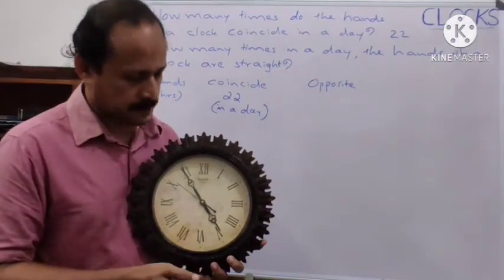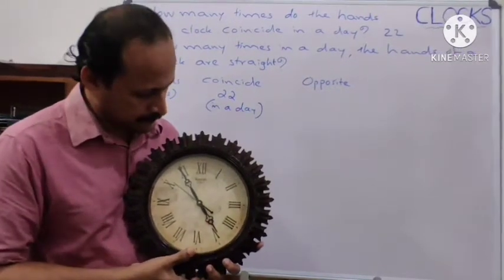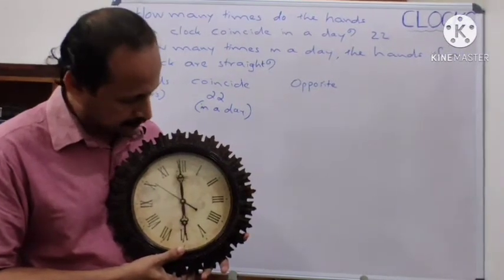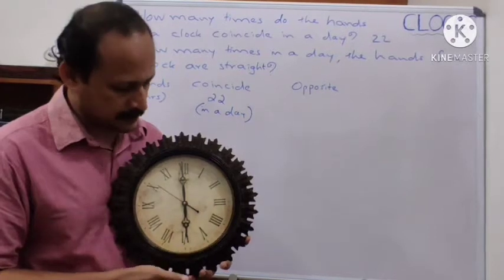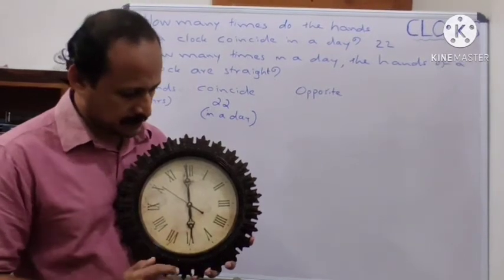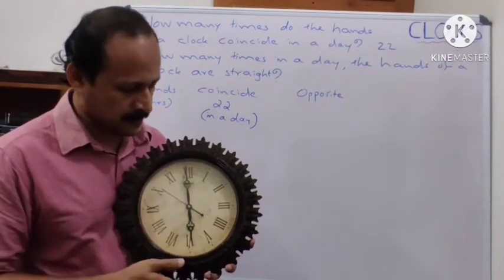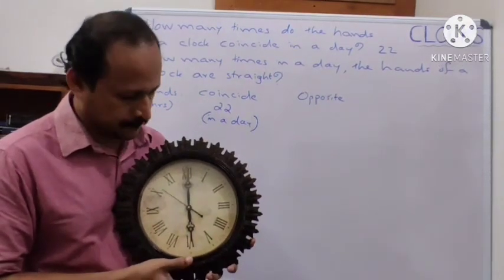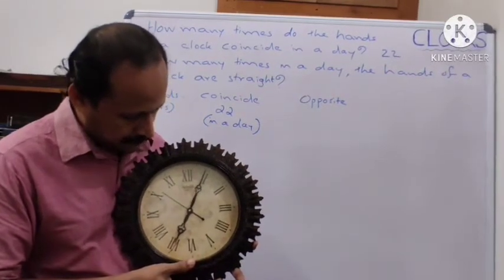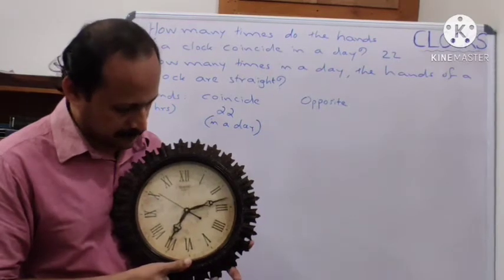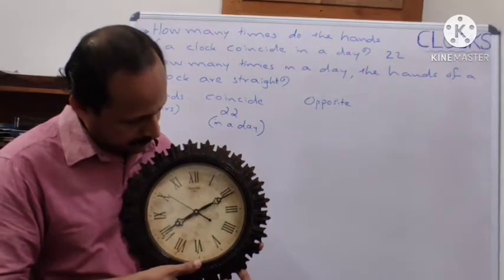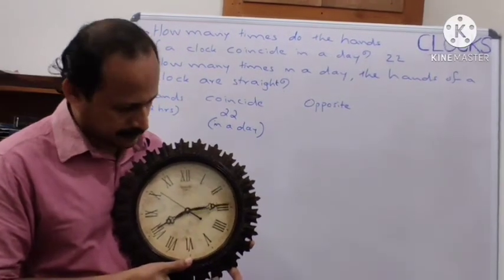The fifth case is between 4 and 5. And next case is at 6 o'clock. Note that between 5 and 6, there is no time at which they are in opposite directions. And this is the sixth case. And go to the next case. That is after 7 o'clock, seventh case. Now, after 8 o'clock, that is the eighth case.